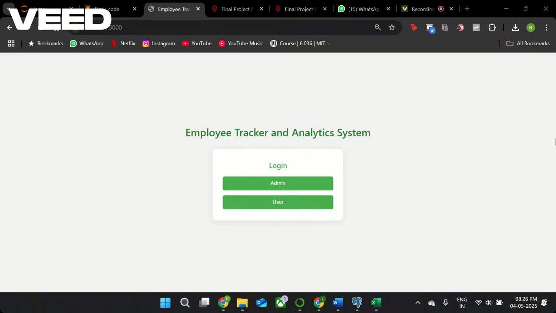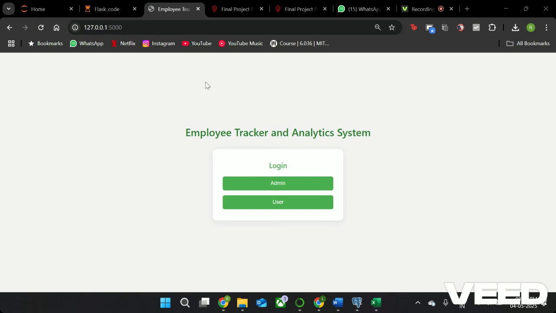We'll be giving a demo video on how a project named Employee Tracker and Analytics System works. Now, my teammate Ujala will be talking about the purpose of a project. So this website was developed to simplify employee data management and to provide analytics to human resources teams. It helps companies keep track of their employees, to understand the number of employees in each department, and to help visualize the data, and also helps us visualize based on quarter of the year.